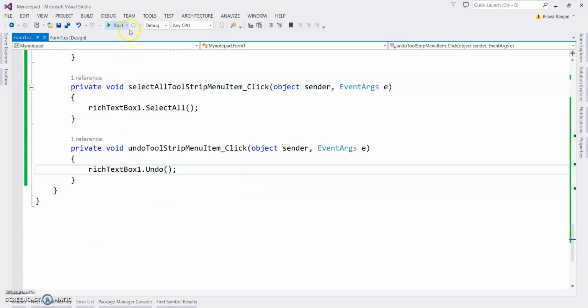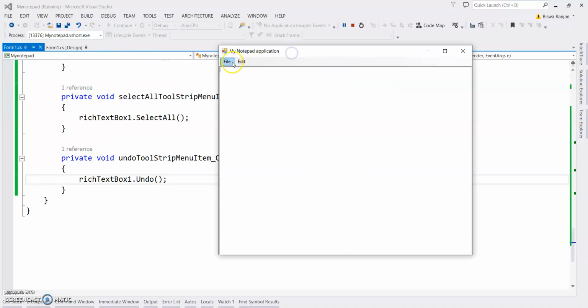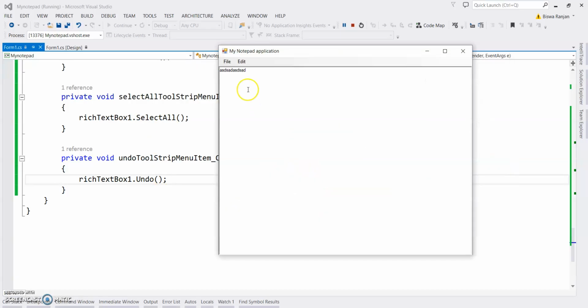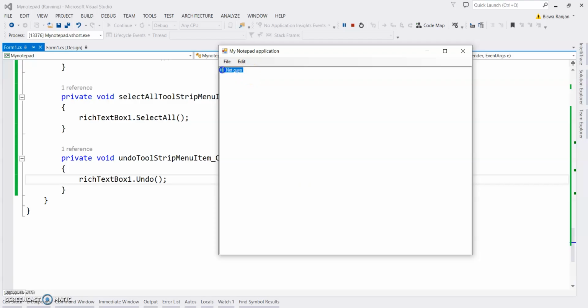Now see, run the application. Let's say I'm opening one file, then some other file, a big file, a new file here. Open, let's say test file. Here cut, you can see cut.